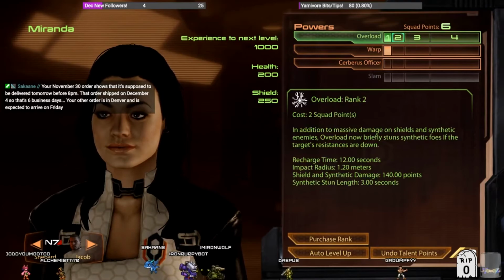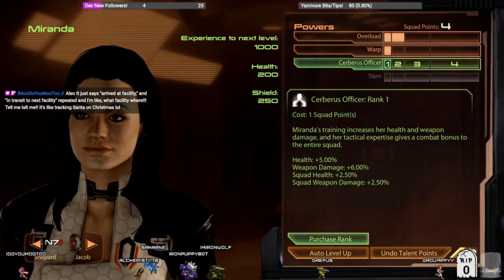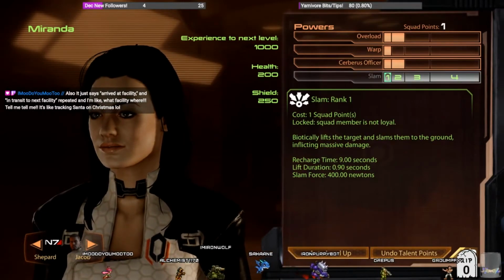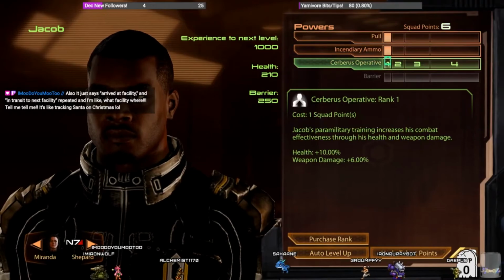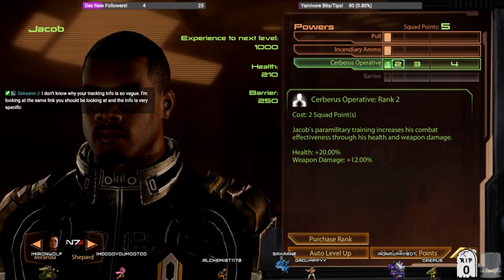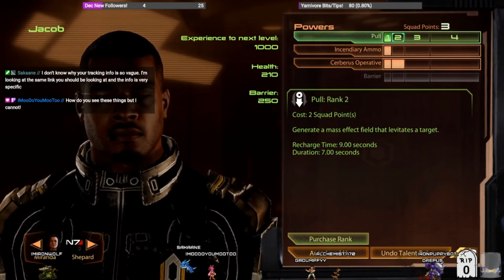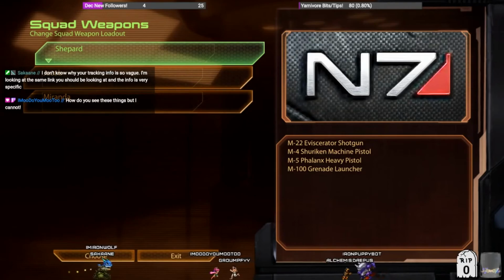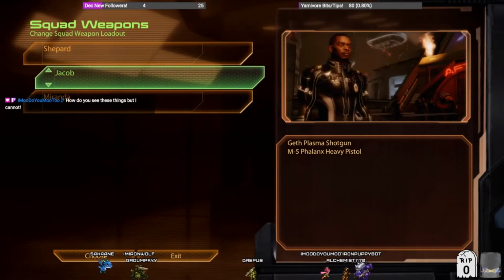So, what can we have Miranda do? I think I'm going to have her purchase a rank of Overload. Cerberus Officer. Can't have her do that yet. Point we can't spend. Jacob. And have him get the Cerberus operative, because that's going to give them all damage and, you know, like health upgrades and such. I think pull. I've done my loadout. I think these guys